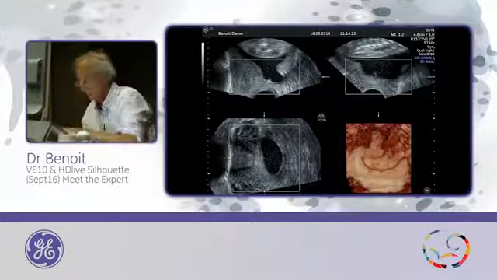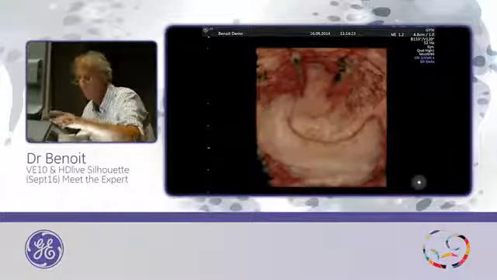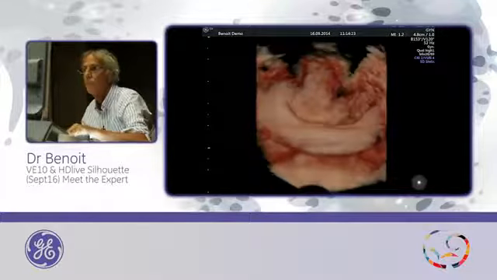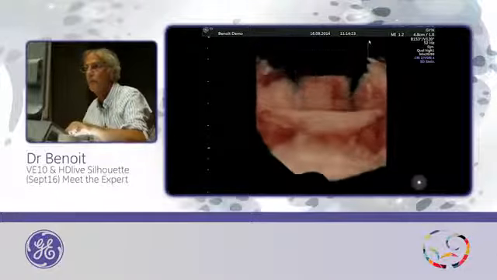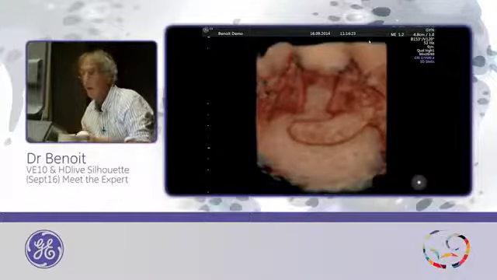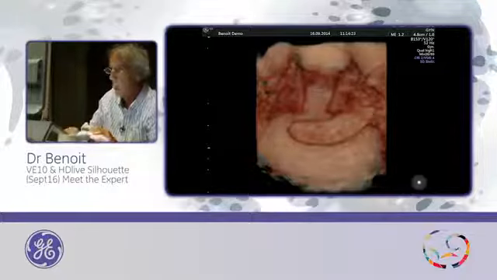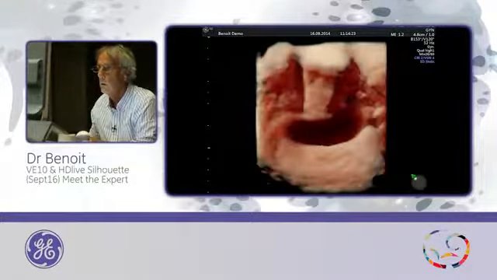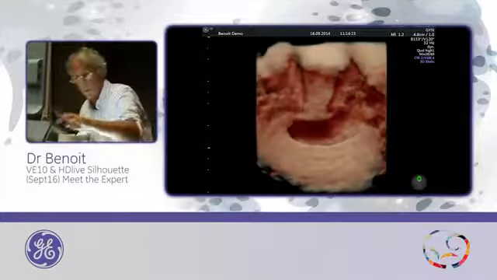rotate, and with a magic cut, I will clean this part. And this is a view of this from inside the uterus. The view of this scar. We don't like to see such a picture, but it's